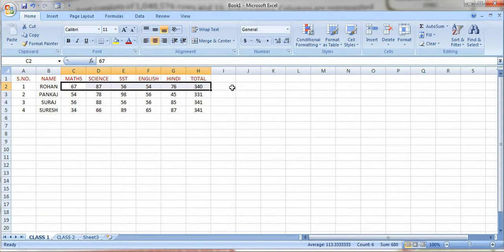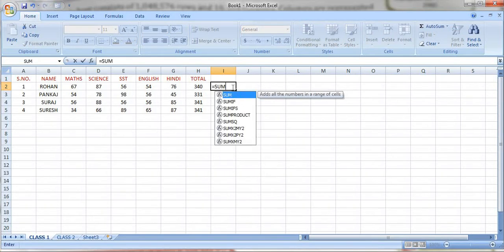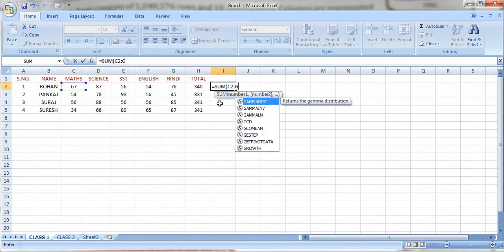Okay, range. However, suppose I write a function, equal to SUM. For addition we have a ready-made function also. So in this sum, I want the sum of what? From this cell to this cell of Rohan, right? Maths marks of Rohan to Hindi marks, means all this I want to add. So I will write C2 to G2, right? C2 to G2.